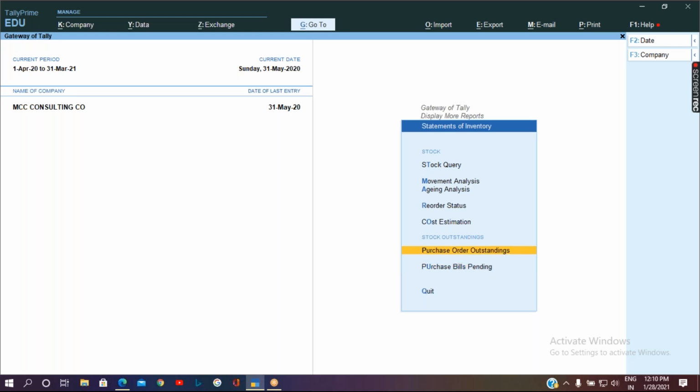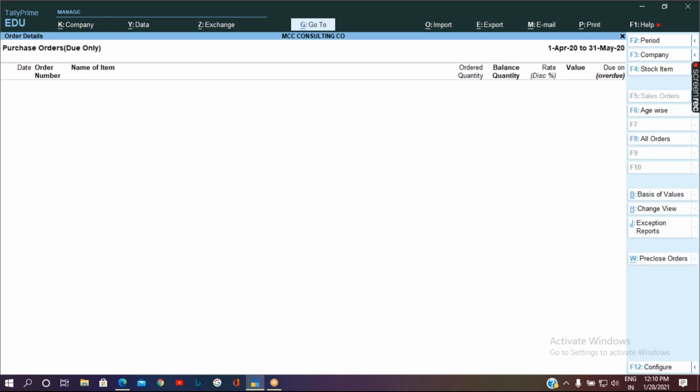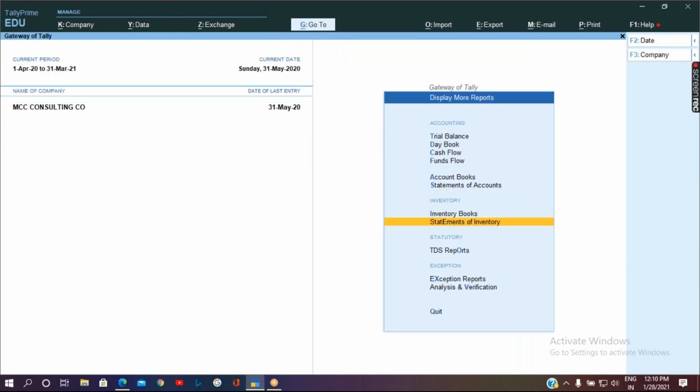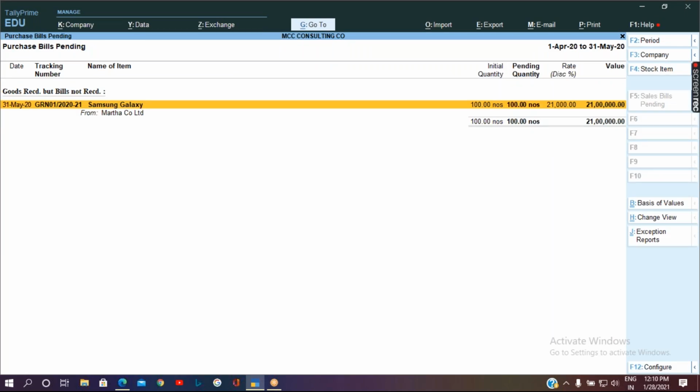So if I check the purchase order outstanding, it will be showing 0, which was showing 100 quantity before. Now it will show as 0. Whereas if I go to purchase bills pending, here it says goods received but bills not received. So please make a note of the statement on the screen, goods received but bills not received. There may be a question related to this. If it is said as goods received but bills not received, it means